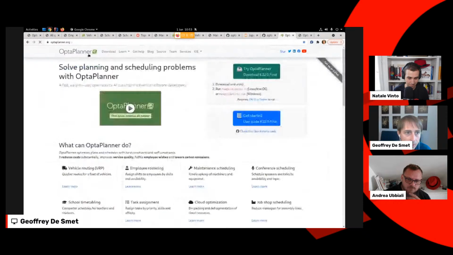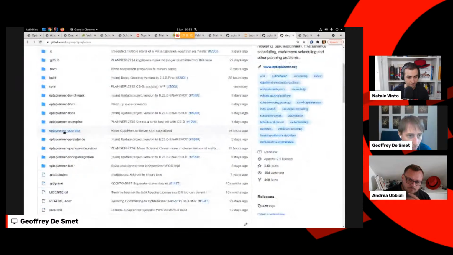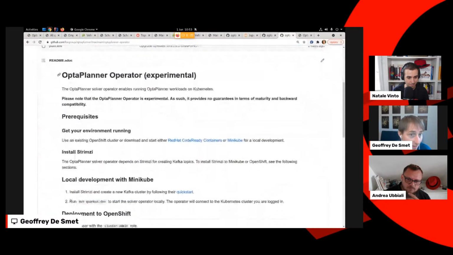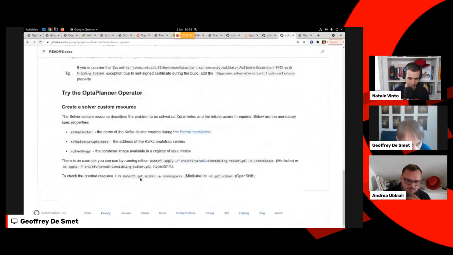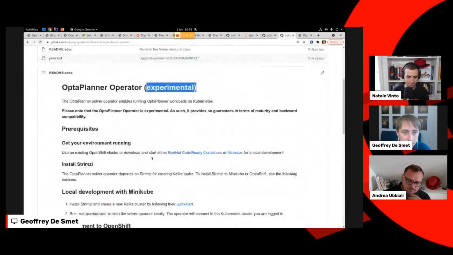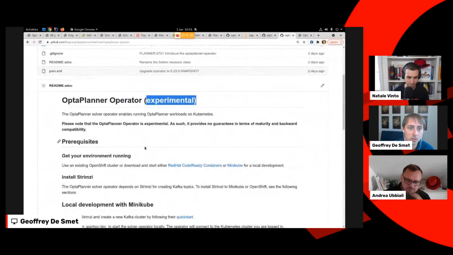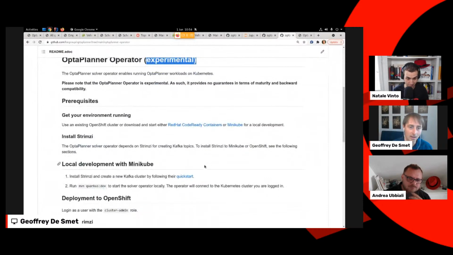If you want to follow the development around that, we are working in here. That's the Optaplanner operator. It's still experimental, as you can see, and there's more information around that here. Somebody in my team, Radovan, is working on this. Progress is good. I have not played with the latest version yet myself, so I'm not demoing it today yet. Give us some time when this comes out of experimental. It's very, very early on, but in a few months, we'll have a much better thing, and I'll happily demo that for you too.